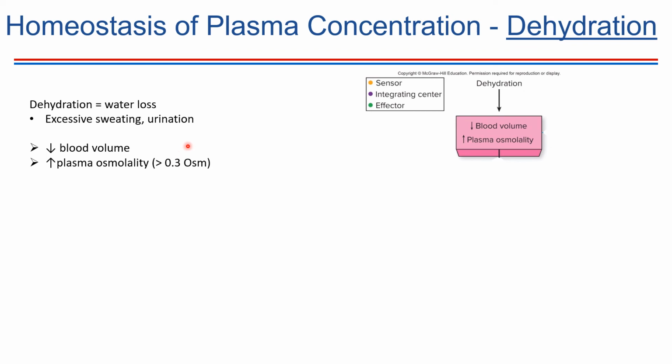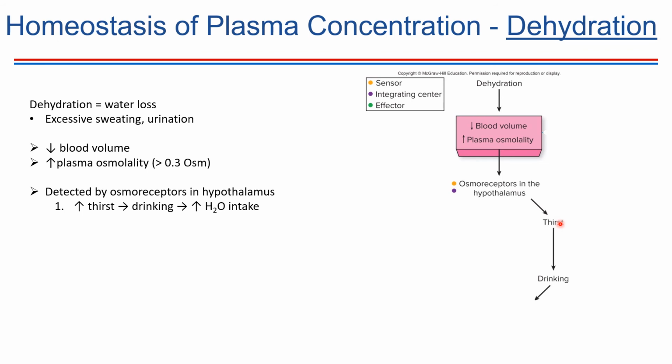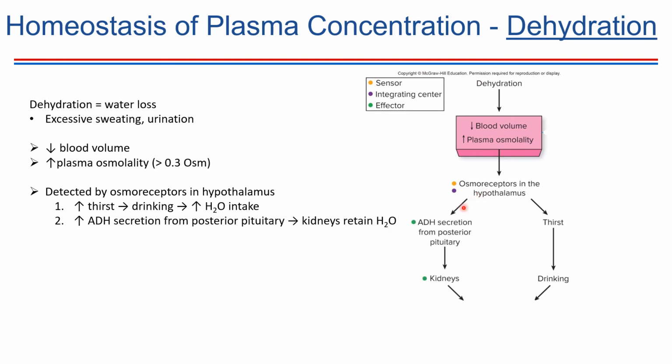So with dehydration, we're seeing an increase in plasma osmolality. That blood plasma is going to get detected by the osmoreceptors in the hypothalamus. Remember, we had a similar slide on the first day of class. We said it's going to the hypothalamus. Well, now it's osmoreceptors, so they're detecting the osmolality in the blood. Those osmoreceptors are going to send off signals to have us do two things. One, it's going to make you thirsty, so you're going to drink more and get more fluid into your body. The other thing it's going to do is kick off a hormone called antidiuretic